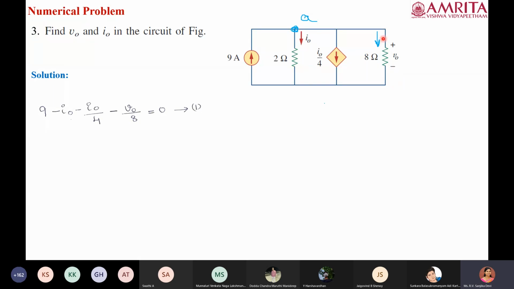Now we have a single equation, but again there are two unknowns. I0 and V0 both are unknowns. With a single equation we cannot solve this, so we require one more equation. How do we get one more equation which relates I0 and V0? Keeping another node at B and writing the equation? No, even if you keep another node at B, you will not get a solution, because B is again like a common node. You will have just the same equation repeated once again.